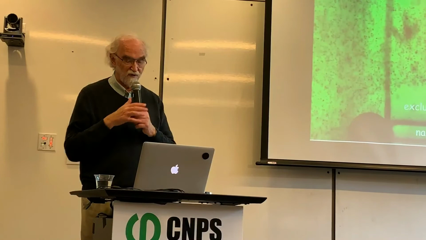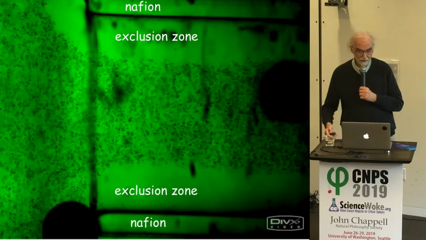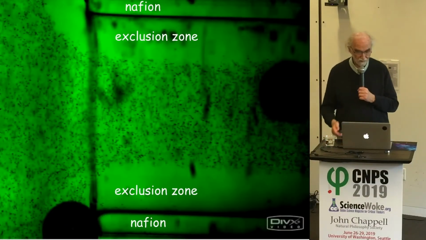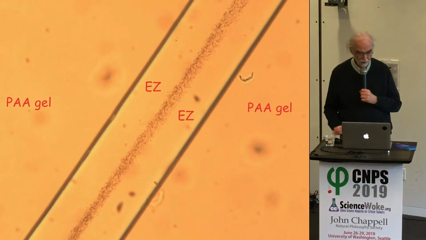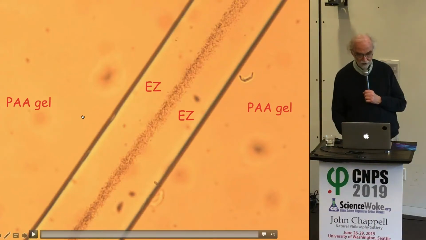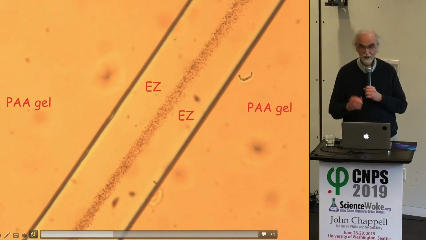and microspheres. So to see if we got the same effect, because these are different materials, they're not Nafion. So here's a polyacrylic acid gel, here's the gel, here's the tunnel running from here to here. And you can see, as expected, that next to the gel here you find an exclusion zone, and next to the gel you find an exclusion zone. And all the microspheres are pushed beyond those two exclusion zones to be right in the middle. And if you look at the video, same effect.